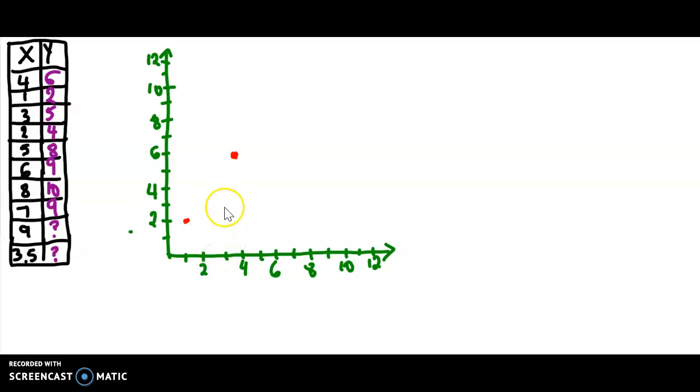We have 3, 5, 2, 4, 5, 8, 6, 9, 8, 10, 7, 9,